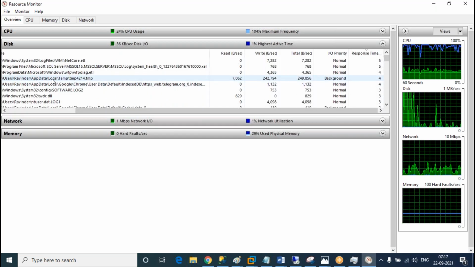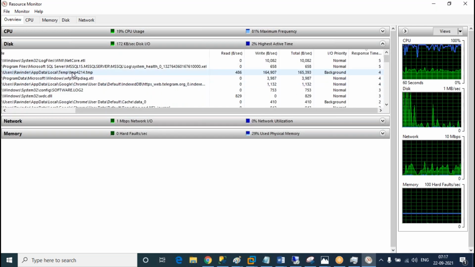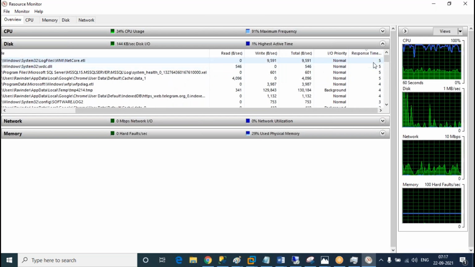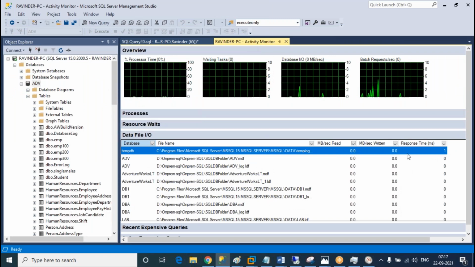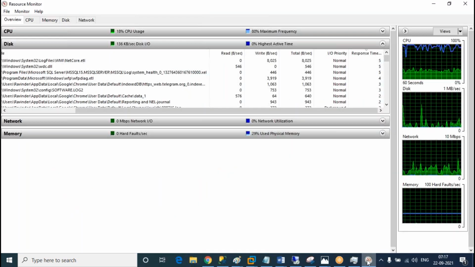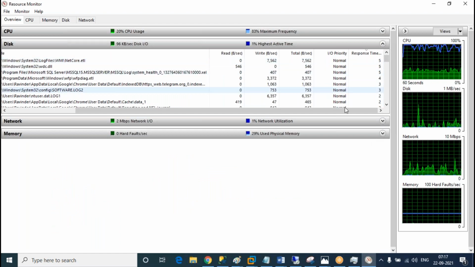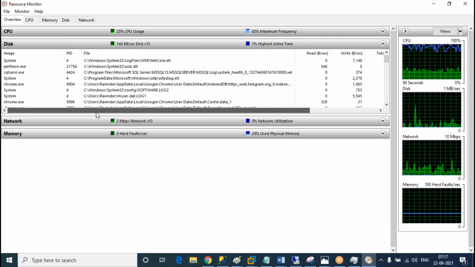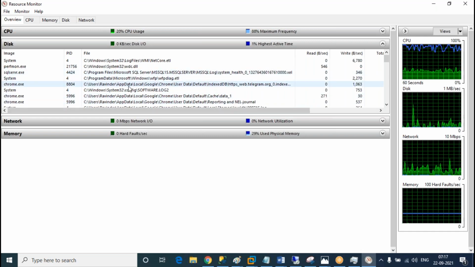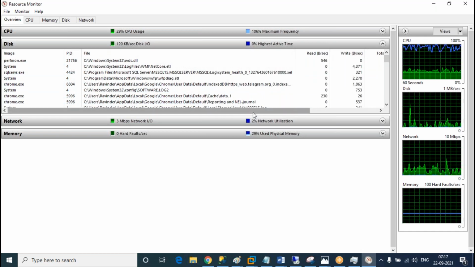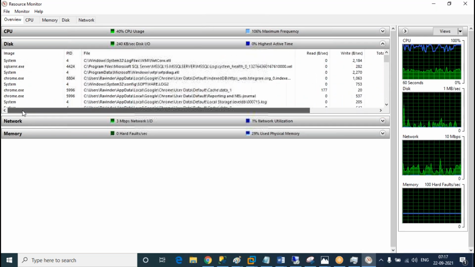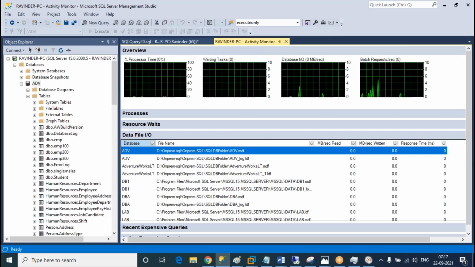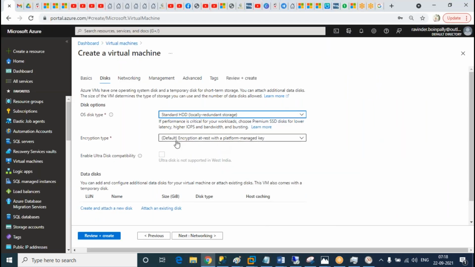You can see every file that is getting read at the OS level. You can find the IO response here, or else you can find it in the activity monitor itself. You don't need to go that far basically. If you know how to read this one, this is enough. You don't need to go to task manager. Even you can find it in the task manager also. Task manager will give you all files, along with SQL or any service that is reading, and what the response time is for that disk. So it will display everything. Maybe it'll be a little clumsy, if you feel. This is the best way to find out whether your IO is scaling or not. This is very simple anyway, right? That way you actually decide